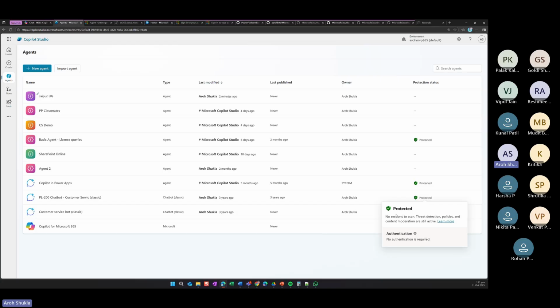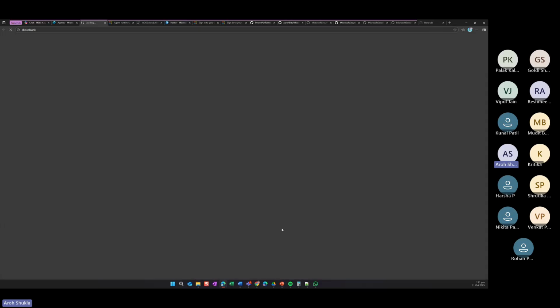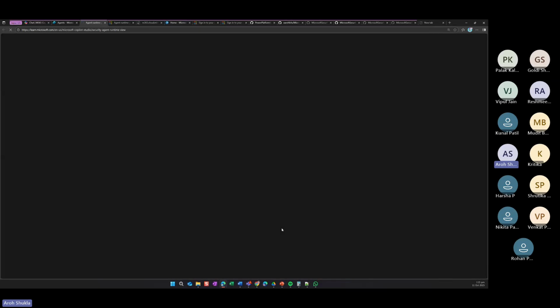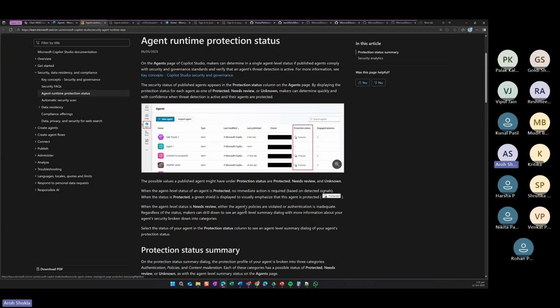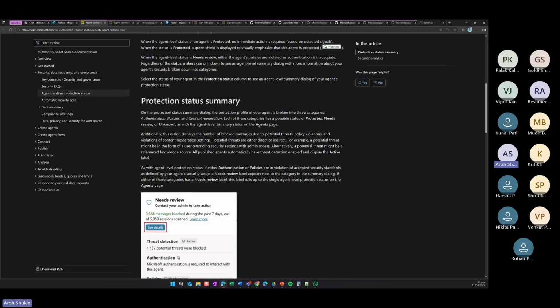So what this protection is showing is how much Purview is protecting you. It's showing me how many messages were blocked from scammers and all those things. It could be internal users. Or maybe I'm working in Russia and Russia may not be accepting those particular things, so it is blocked for me.